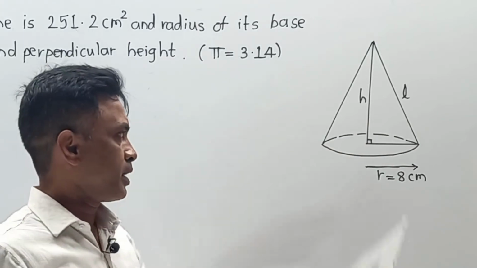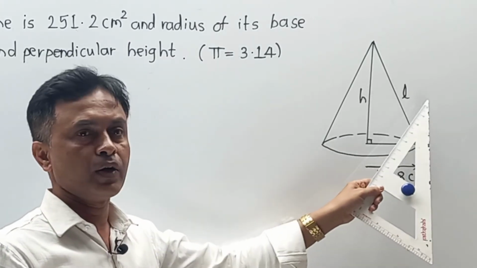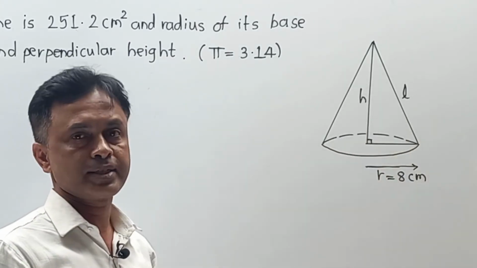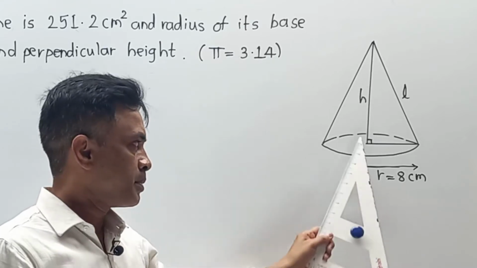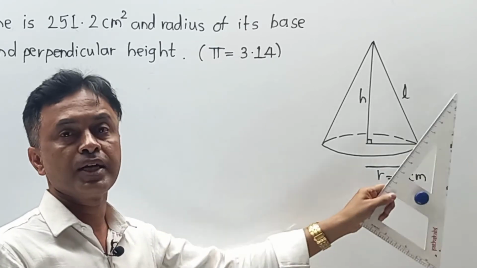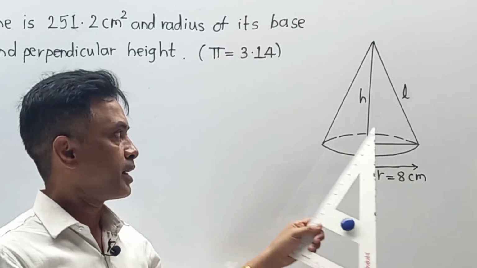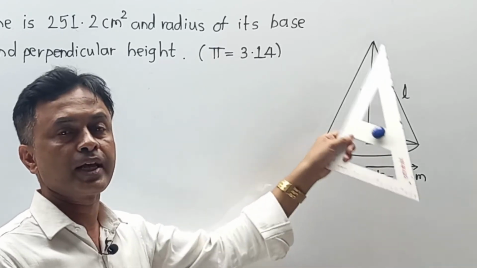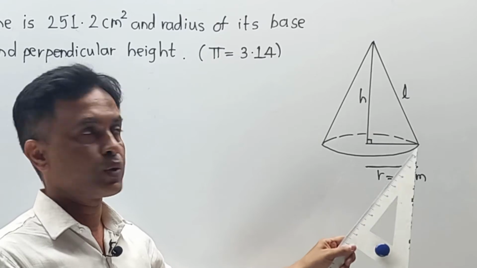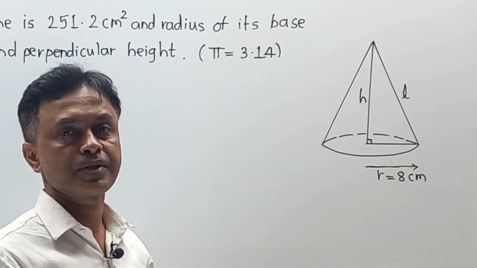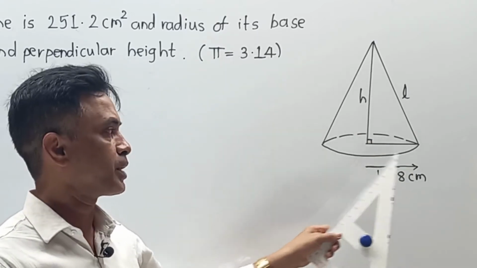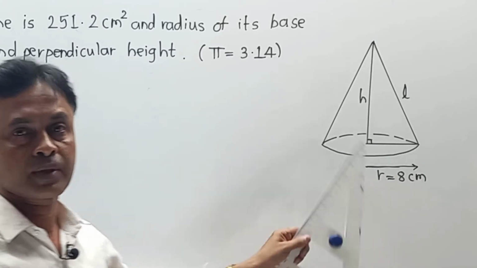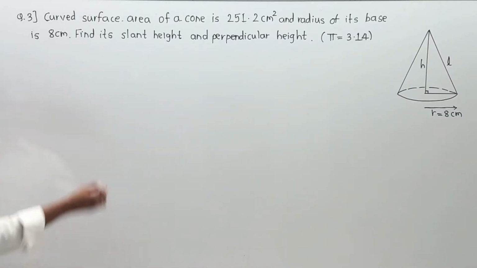Now one by one, if you are able to find H, then we can get L, or if you are able to find L, then we can get H. That is a part over here. Means they have provided R including curved surface area of a cone. Next, we are interested to find the vertical height as well as slant height. So we have one part, that is curved surface area. So solving that part and putting the value of known content, means R.